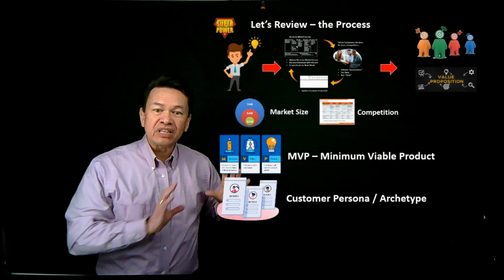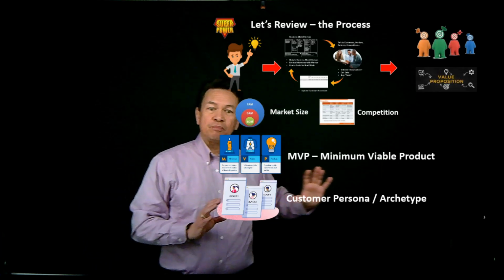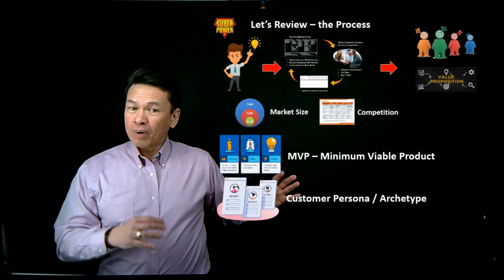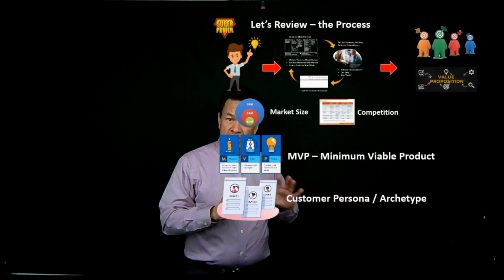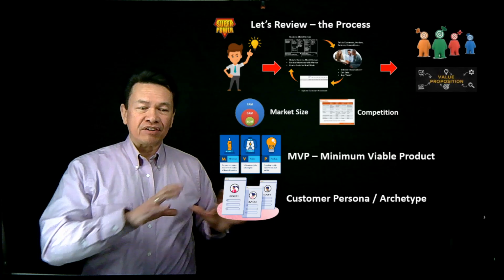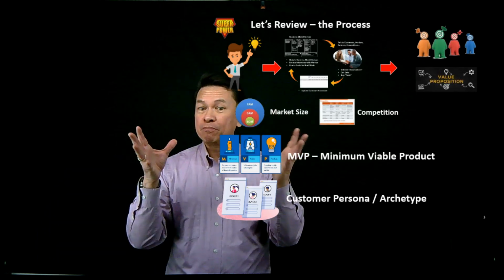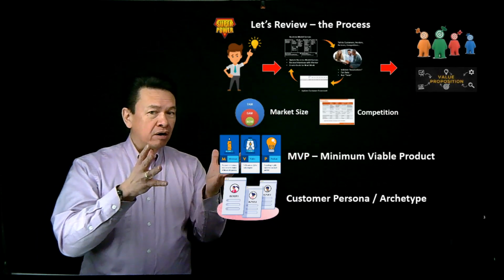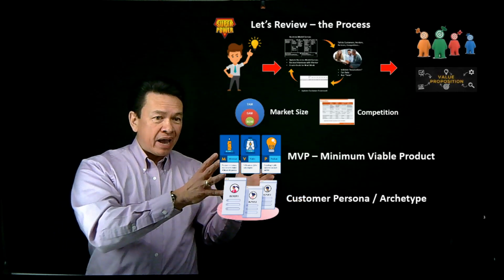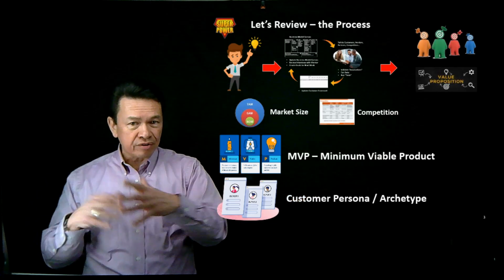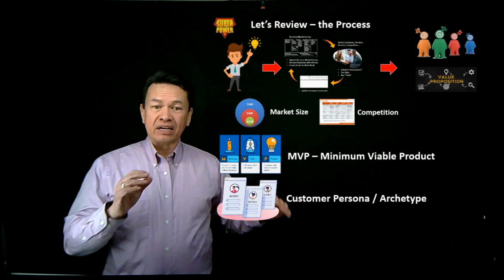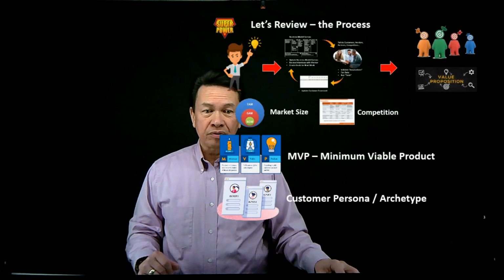And the other is let's get deep. Let's dive deep into who that customer is that we're trying to get to. You might have a couple customer segments, but you're going to define these personas. The whole idea is that let's bring this to life. Let's identify people. Let's feel who they are. So before we start putting marketing plans, who are they? Where do they buy? What influences them? How old are they? All those kind of things that really matter to your business. Let's define that inside of our customer persona and archetype.